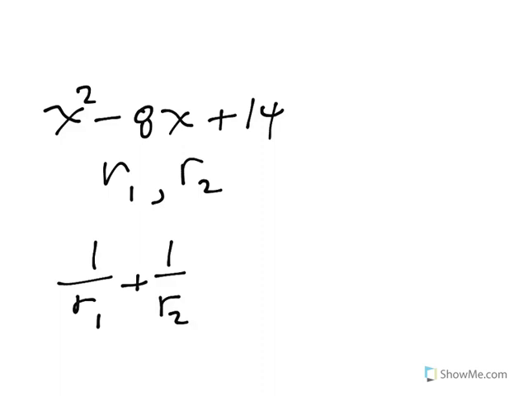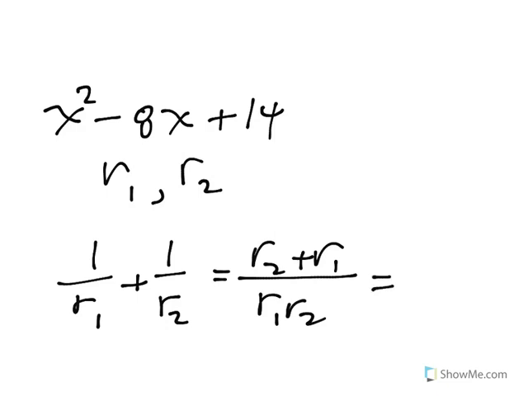Now, the rules from yesterday were for the sum of the roots, or the sum of the roots taken two at a time, or if it's a cubic, the sum of the roots taken three at a time, and so on. This was not one of the rules from yesterday. But we still don't need to find the individual roots to answer this question, because if we get common denominators, this happens. And in the last lesson, we saw that the sum of the roots is negative b over a,